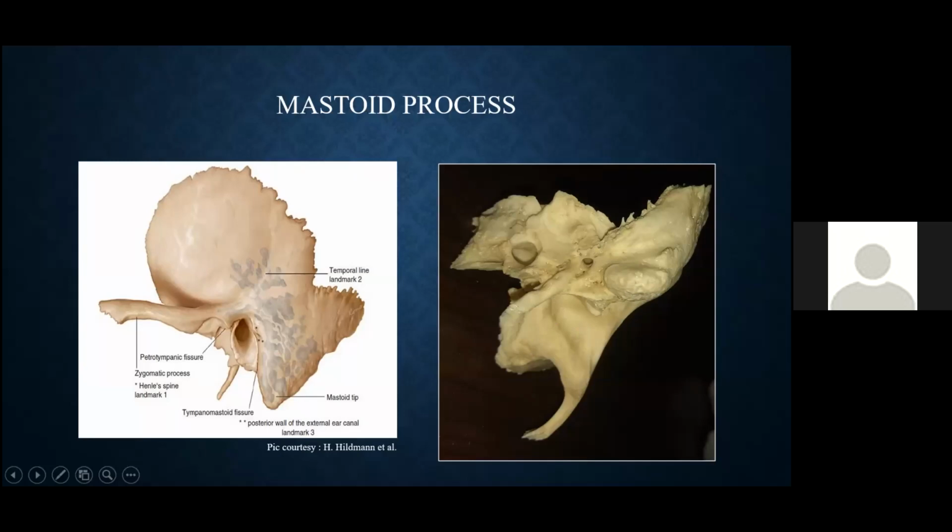And just in front of it, a very important ridge, the digastric ridge, gives origin to the posterior belly of digastric, which is an important landmark for parotid surgeries. With the help of this, we can demarcate the stylomastoid foramen, which lies just anterior to it, and it is the foramen from which the facial nerve trunk exits the temporal bone. And more anteriorly lies the jugular foramen, which I'll discuss when I discuss the inferior surface. So this is all about the mastoid process.